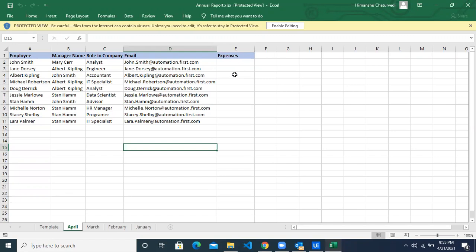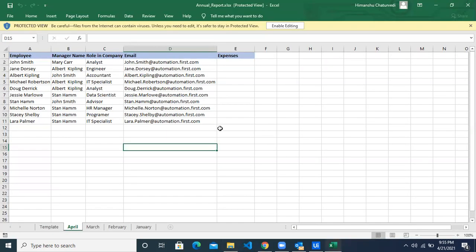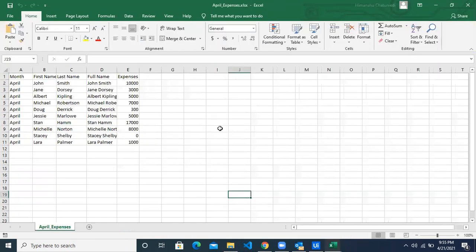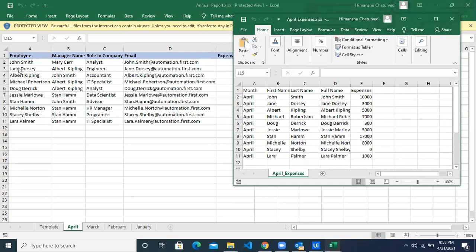That's right. Now we have to fill the expenses column from the expense report by doing the VLOOKUP using the employee names. So again, let's understand this. The employee name from column A and the employee name from column B are the common values. So by doing the VLOOKUP from these two columns, we have to pick the value from the expenses column and put it inside the expenses column of annual report.